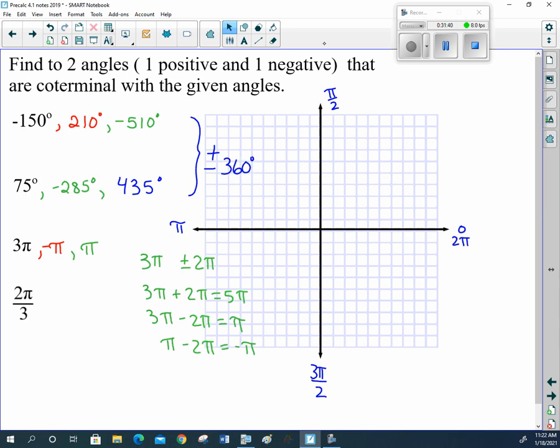Well, let's erase these now, since these were all just in halves. And since my fraction is 2 pi over 3, let's think of this in thirds. This is 3 pi over 3, right? That's the same thing as pi. And then this would be 0, and this would be 6 pi over 3. If we want them to be in thirds, well, if we take 3 pi over 3 and we cut it in half,